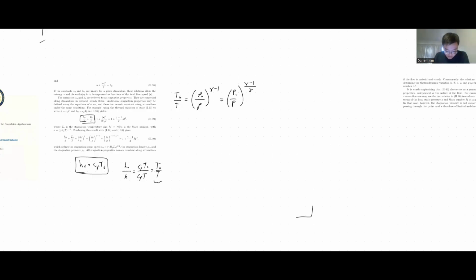Instead, let's talk about the other definition of H0 divided by H. We know that H0 is defined by H plus V squared divided by, I believe it was 2. What does this really mean? It really means that we can do this: H plus V squared divided by 2, divided by H, which equals 1 plus V squared over 2H. Okay, we got somewhere. From that, we can plug back in 1 plus V squared divided by 2